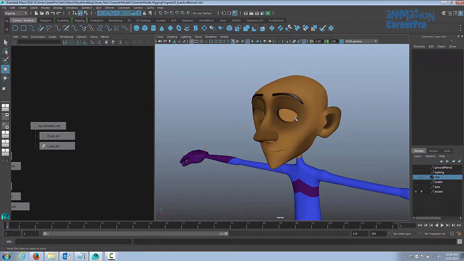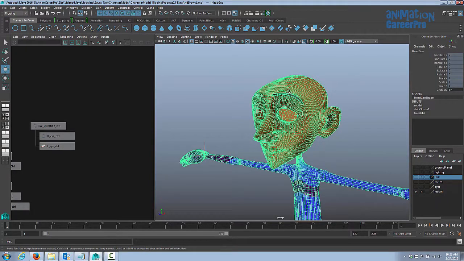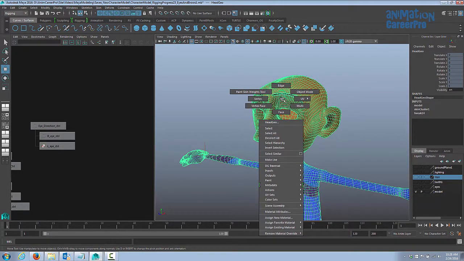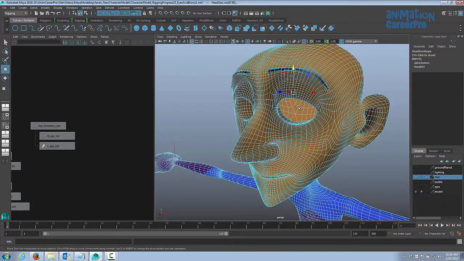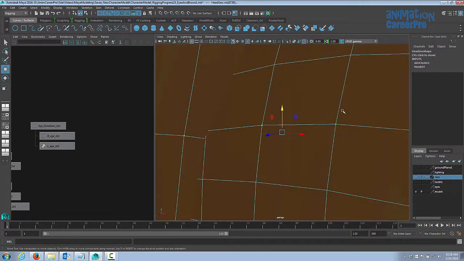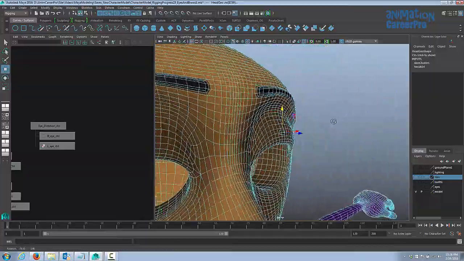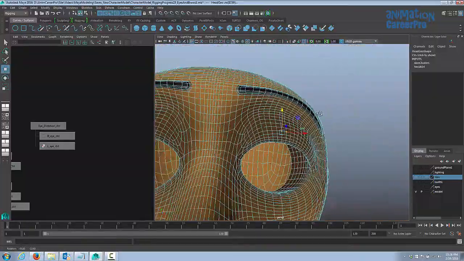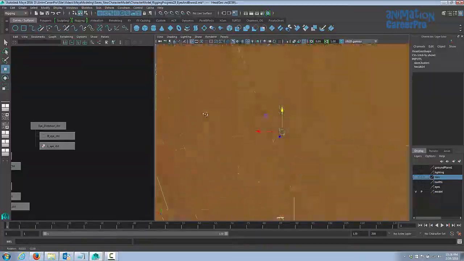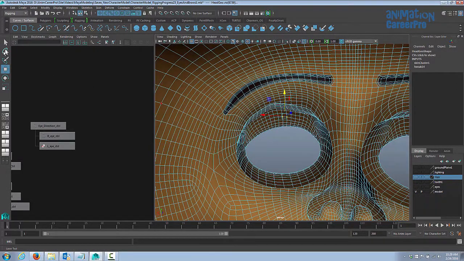Alright, so to get the character to blink, we're going to be using a deformer called a cluster. So make sure you're on your rigging menu set. And let's select the character, and we're going to right click and go into object mode, select vertex. I'm just going to select a couple of vertexes here just so I can hit F and focus in on the eye area. Just so when we orbit around, we're orbiting right around the eye. And I like to get inside the head to do this. And I like to use my lasso tool for this. So we'll go to our toolbar, right underneath the selection tool, we'll click on the lasso tool.